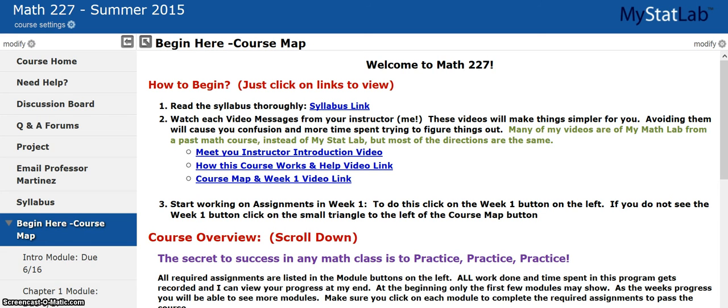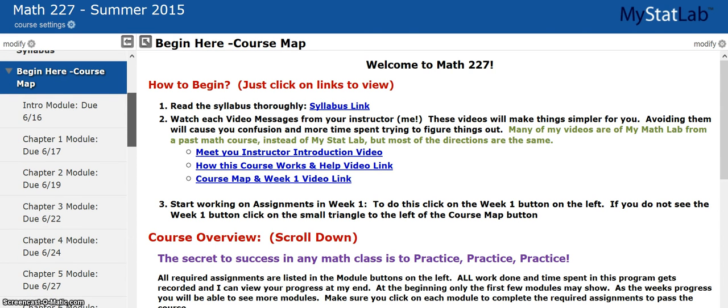In this video, I'm going to show you some details about the gradebook. First of all, where is the gradebook? Well, it's after the Begin Here course map button. To find it, if you put your mouse over this menu, you'll see a scroll bar. You can scroll down to find that